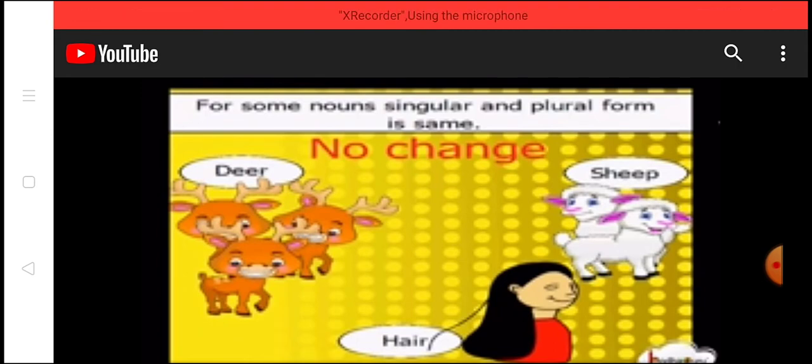the same hare. So if you speak about the count or something else, you can make use of quantifiers such as some or more along with these words, but there won't be any s along with these terms. Deer, sheep, hare. There won't be any change in the spelling. Even for singular and plural, we will make use of the same words. Not only these words, you have a few more examples for this. The word fish will be the same.